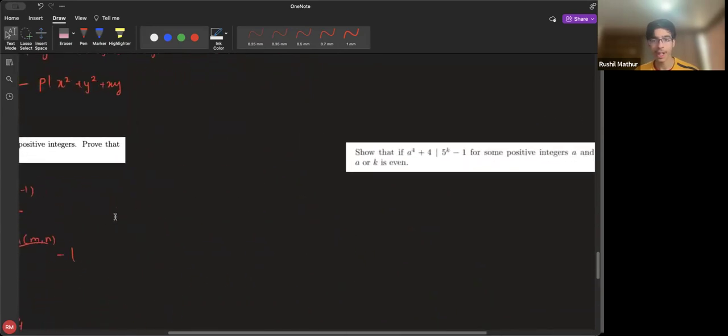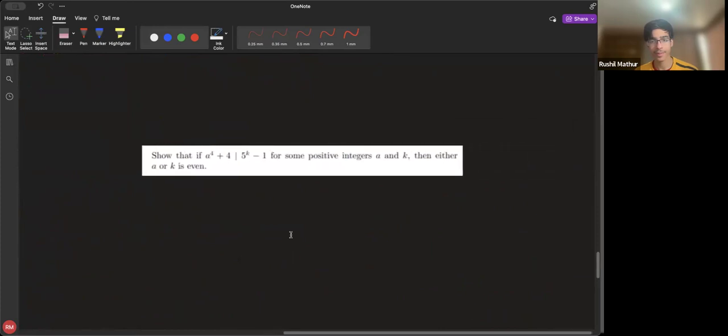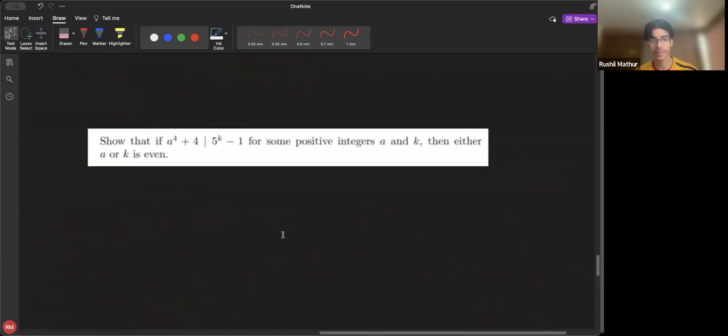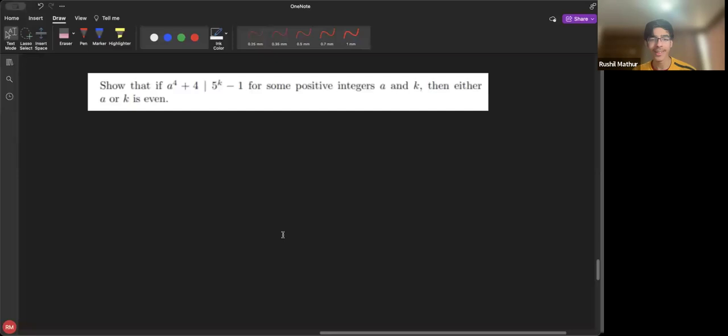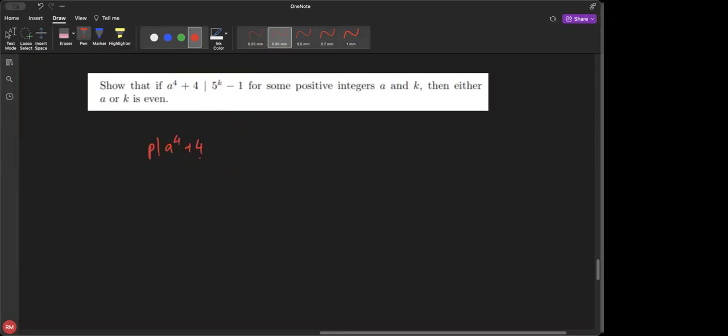Okay, let's try this. So obviously we'll assume a and k are both odd. And I see one thing that is already common, which is that you have a to the b minus 1 here. So what this is saying is that if we let p divide a to the 4 plus 4, one thing I'm then saying is,